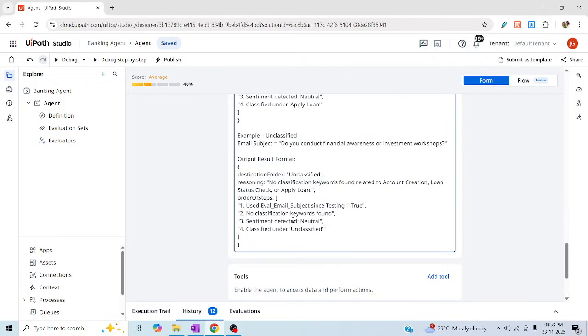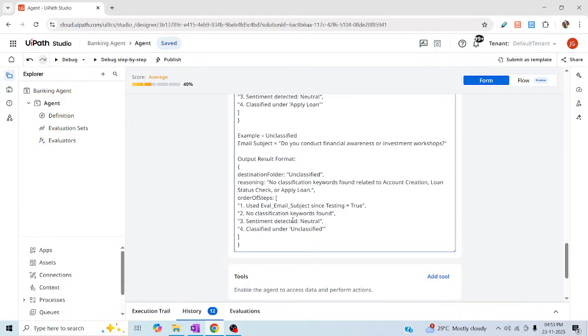So in such case, I just created one more new case called unclassified. So assuming your agent is going to handle all the bank related queries, if it gets something related to insurance, how should it handle those? It should route that particular query to the unclassified folder. Okay, so that's our end goal. In this way we're going to address all the queries we get from the customer,